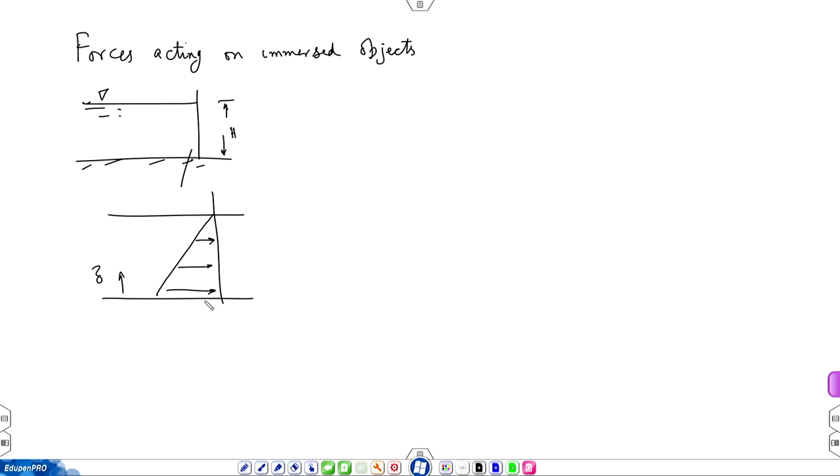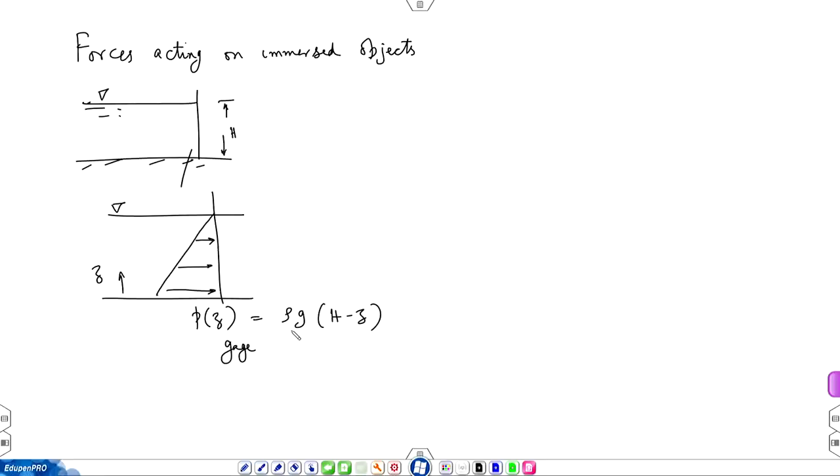So, this is the pressure distribution acting on the vertical wall, which is rho g (h minus z), plus atmospheric. Either you show atmospheric pressure explicitly or you just work with the gauge pressure. You can see that if z is equal to 0, it is rho g h. If z is equal to h, it is 0. So, the resultant of this force